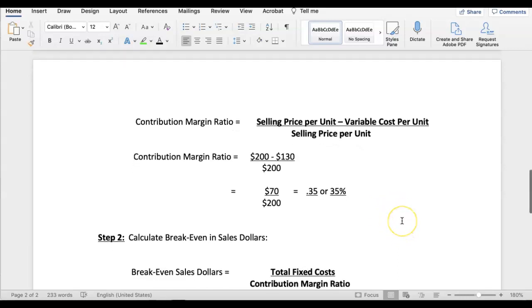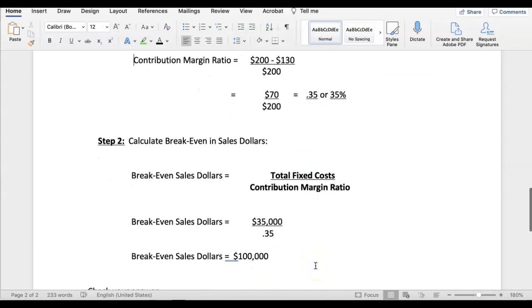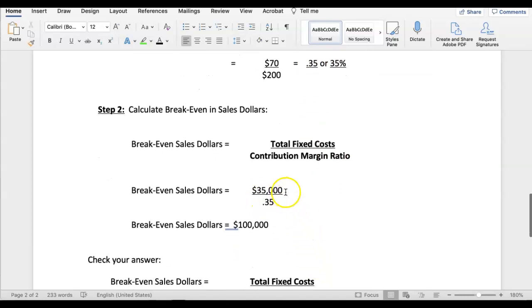Step two is now go back into the break-even in sales dollars formula, where we enter the contribution margin ratio, and then we just solve. So total fixed cost divided by the contribution margin ratio. So in this problem, the total fixed cost was $35,000. The contribution margin, which we just calculated, is 0.35. And so when you take 35,000 and divide it by 0.35, you come up with a total break-even sales dollars